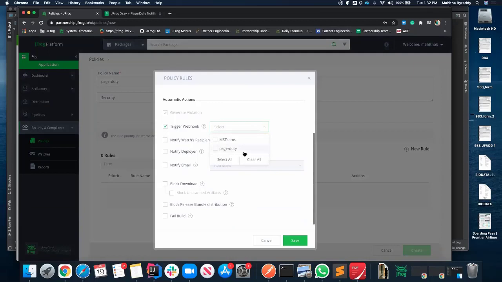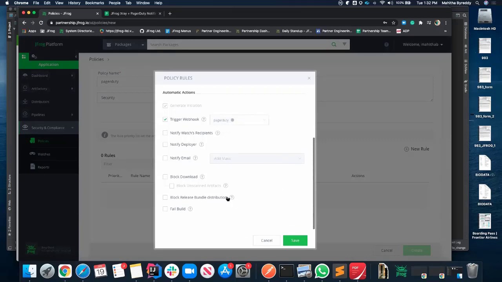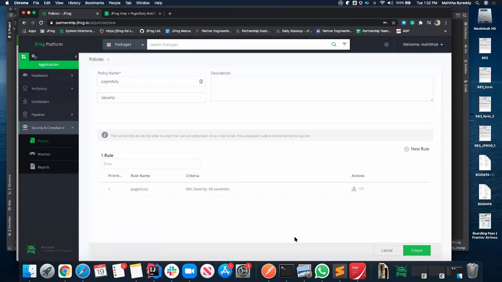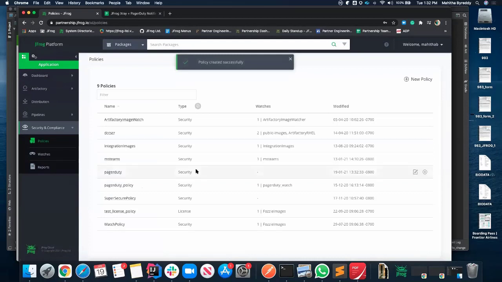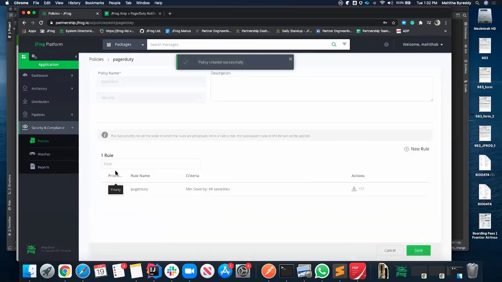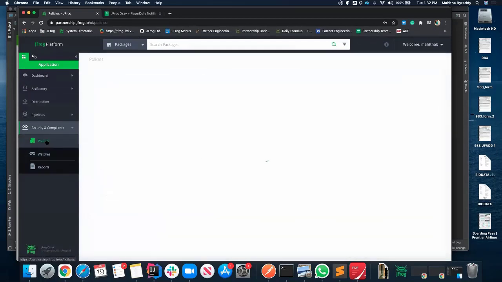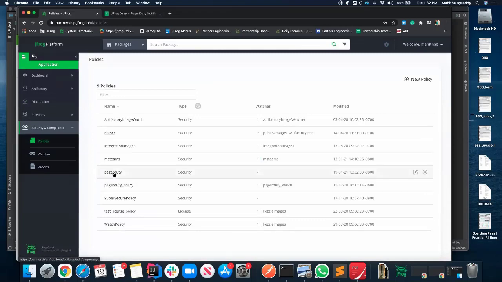This is where we select the webhook that we created before, PagerDuty. Then you can select any of these other automatic actions if required, and click on save. A rule is created, and clicking on create creates the policy, PagerDuty. So we already have our policy here.